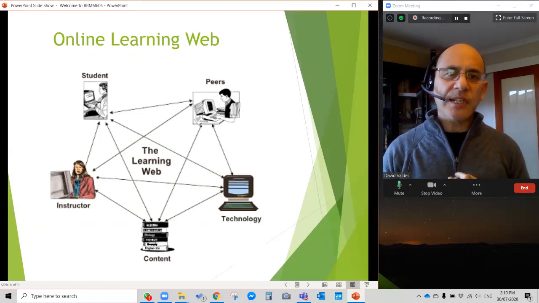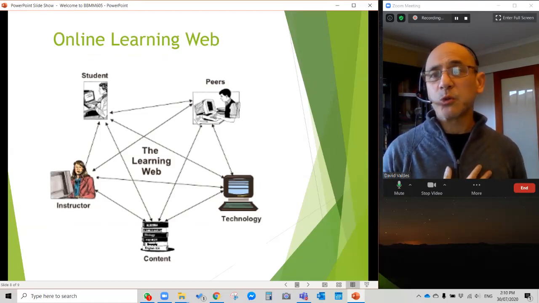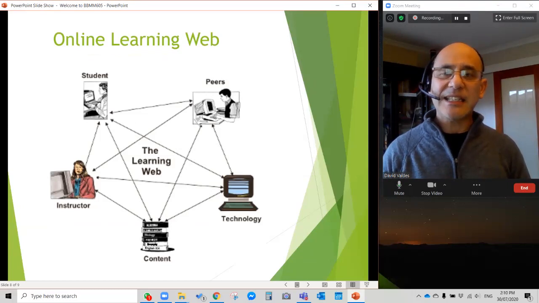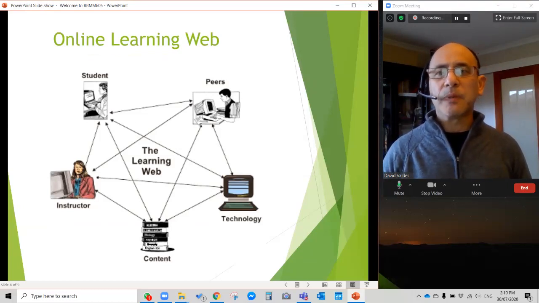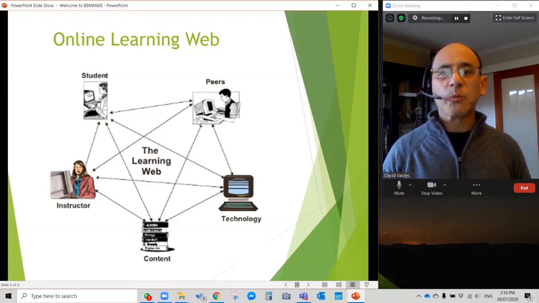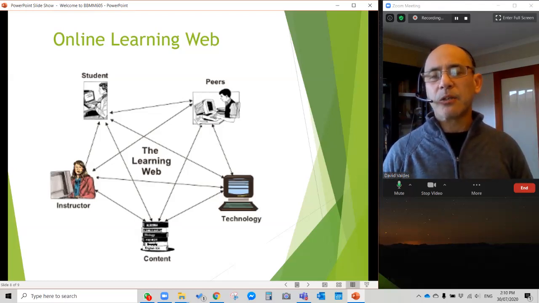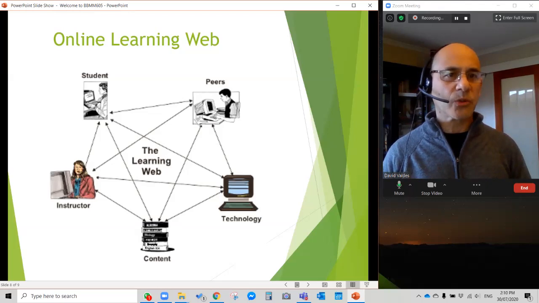In order for you to succeed in this online learning environment, you basically need 5 components. First of all, yourself. You need to be ready. The student itself has got to be prepared for this kind of online environment. It's not easy. You need help from your peers, in other words, your classmates. We will be working in groups. You'll need help from me. I am the instructor. And your instructor is there as a resource.